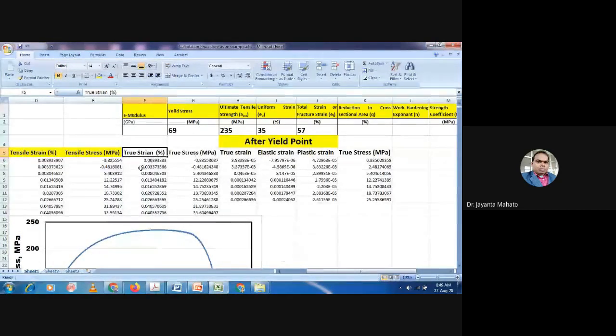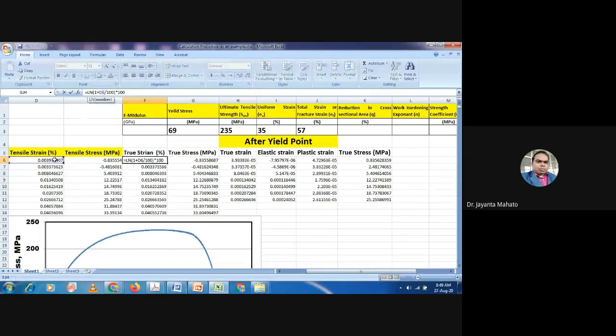For true stress, first you have to calculate the true strain. True strain is nothing but ln of 1 plus E divided by 100, where E means the engineering strain value. So we have to put a formula here.